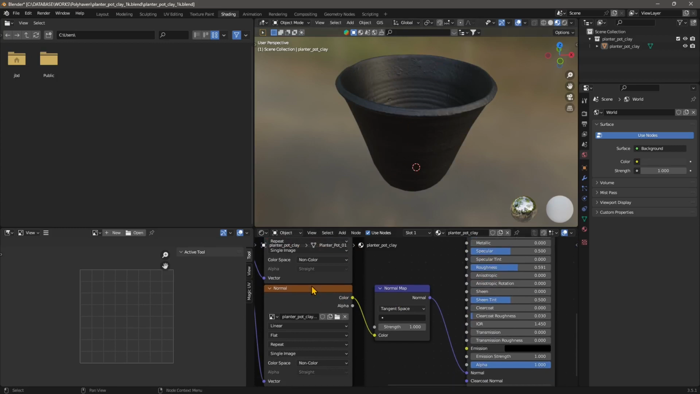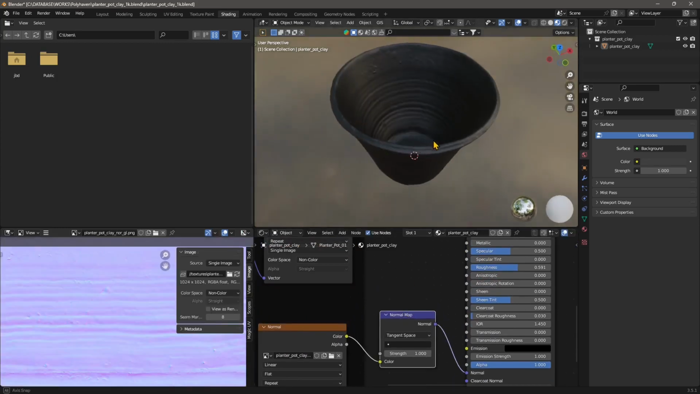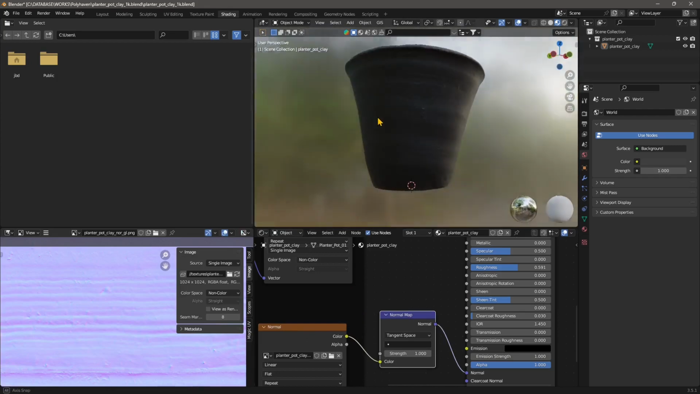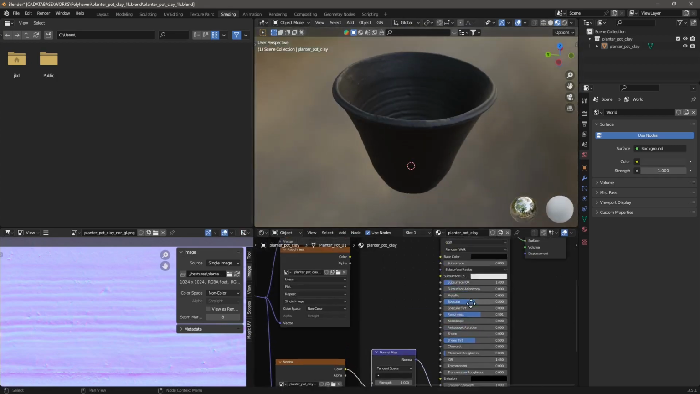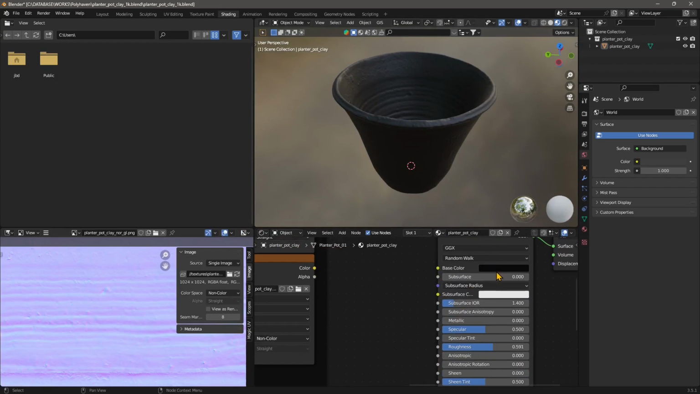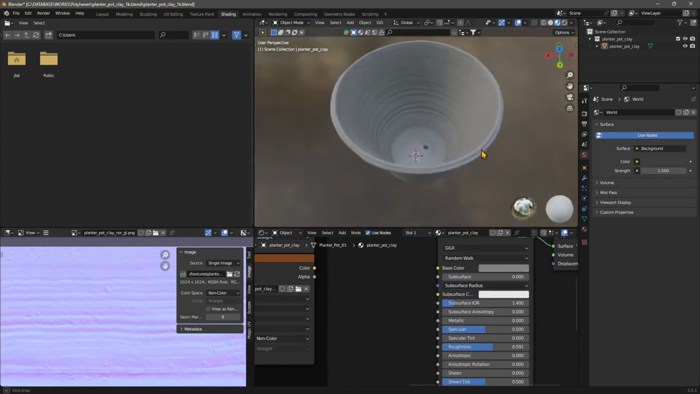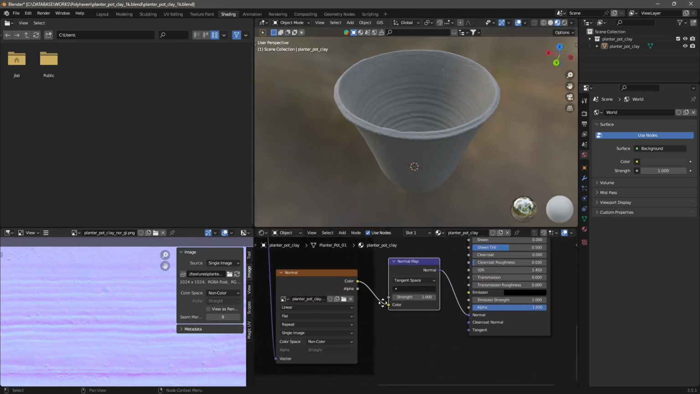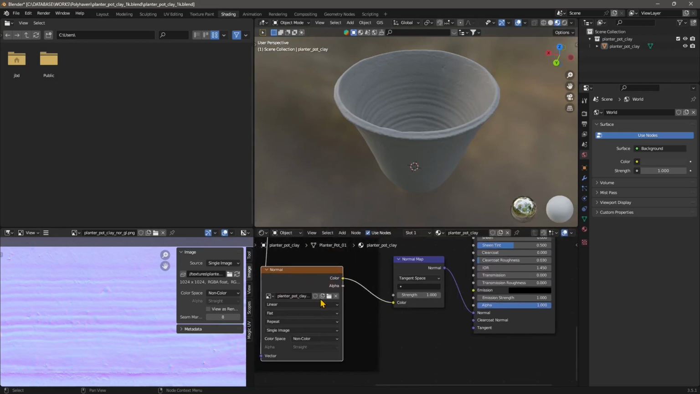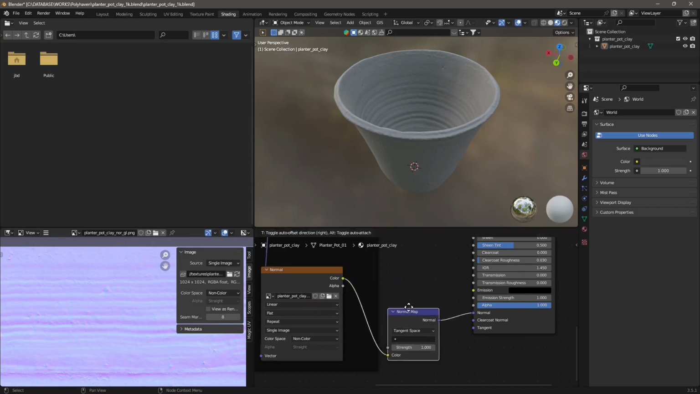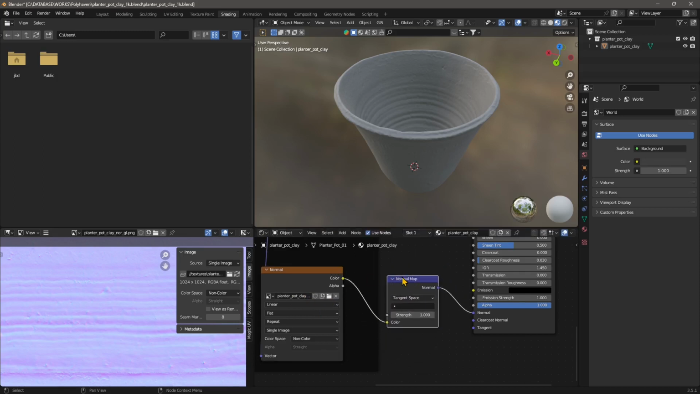So this is all the job that the normal map is doing, creating this fake 3D effect. Now let's also change the base color to something less dark. So there you go, you can see it. Now this is the image right here that you can change, you can import, you can open. And this one here is the node that is making the normal map